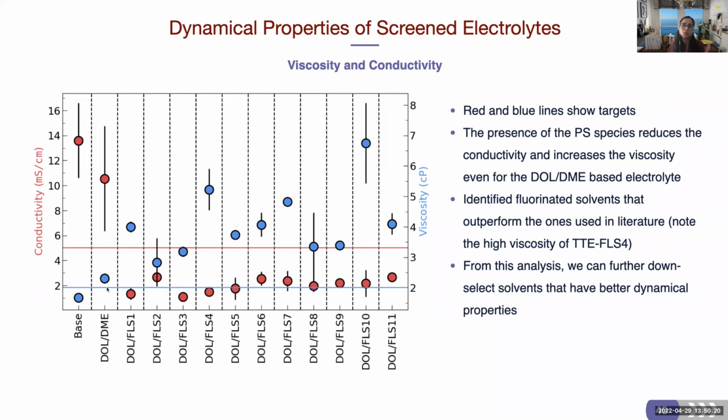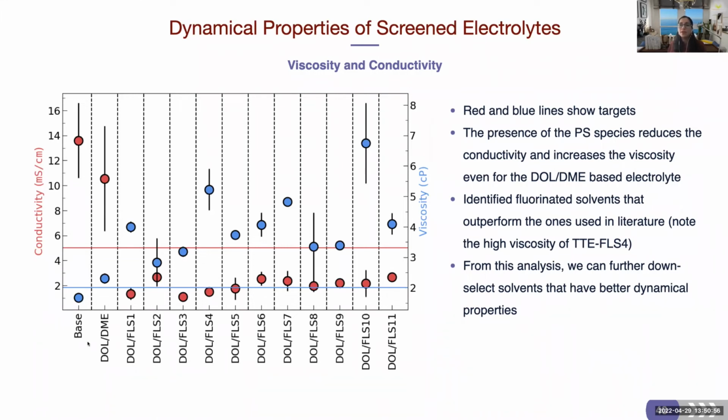lower than 2 centipoise. We set these criteria based on the experimental measurements that have been reported in literature. But what I would like to point out is that those experimental measurements are for systems that do not have lithium polysulfides in them. But an actual electrolyte in a battery contains lithium polysulfide, which decreases conductivity and increases viscosity. So the actual performance is better than the numbers